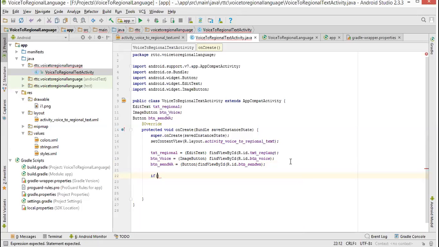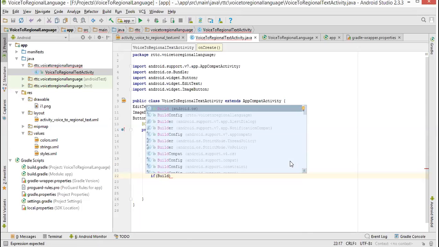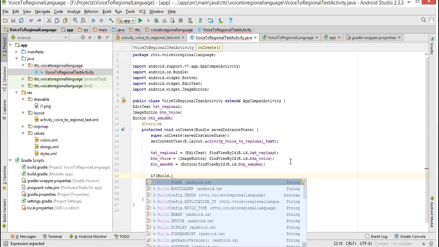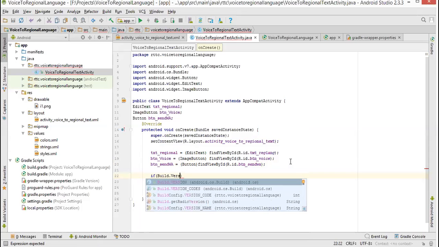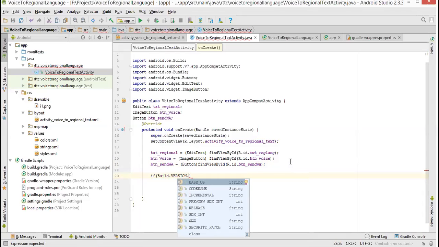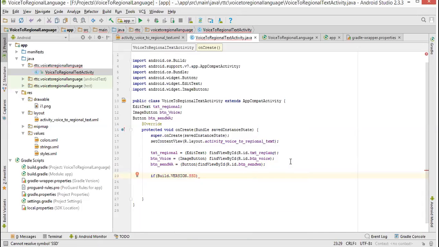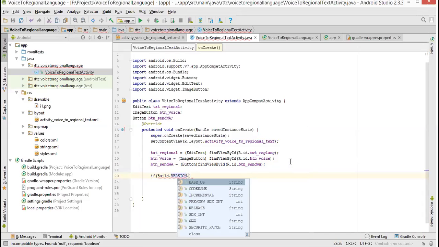If, what you have to write means Build dot VERSION dot SDK_INT.